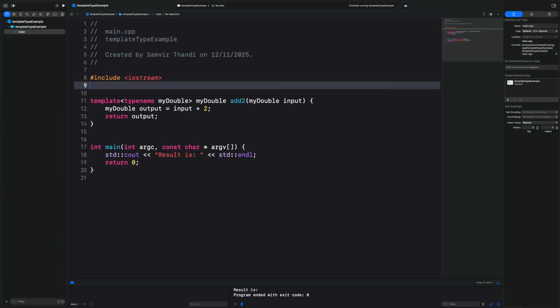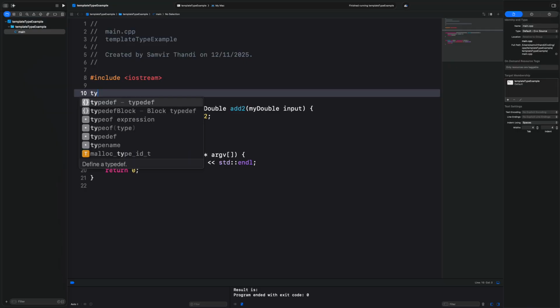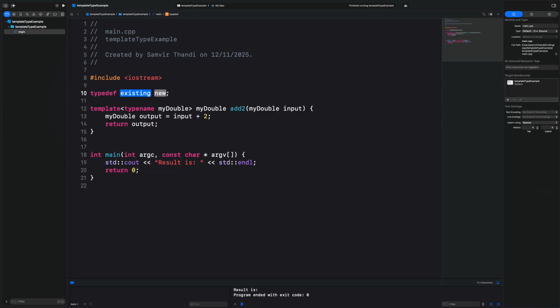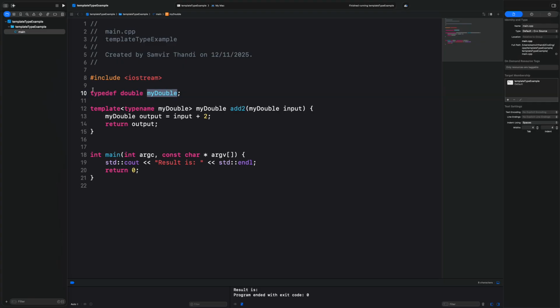Well, personally I don't really like using this, but let's use typedef. I typically don't like using typedef, but it is sometimes used in real world code, so let's use typedef. It's going to ask us, what's the existing one? Let's say double. And then we'll typedef it as my double. So when the compiler runs, it's going to copy wherever it sees my double and replace